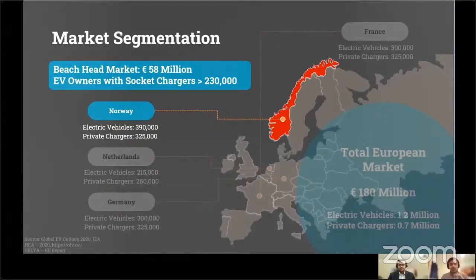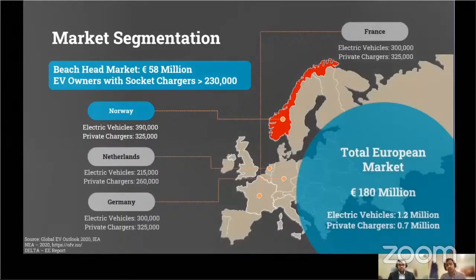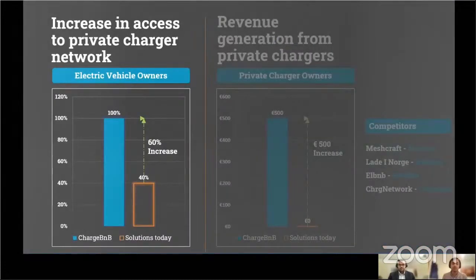And this scales our beachhead market up to 58 million euros. And since we plan to expand to other European countries, our total European market cap is around 180 million euros. And when we put ourselves into customer shoes, we realize that there are two most important values for two main